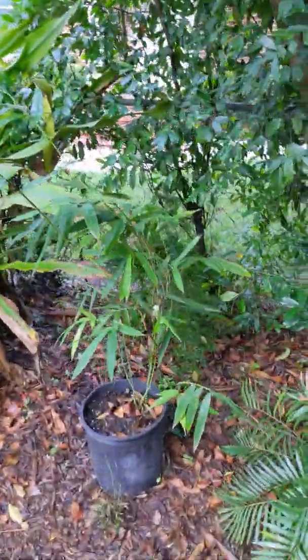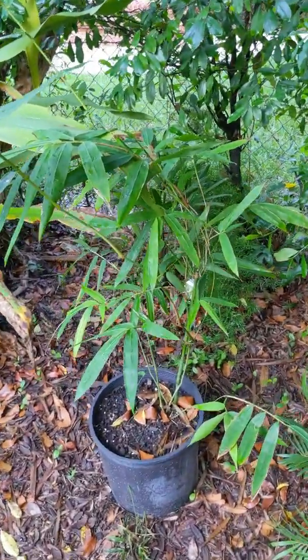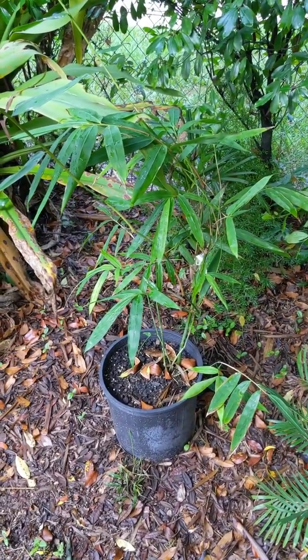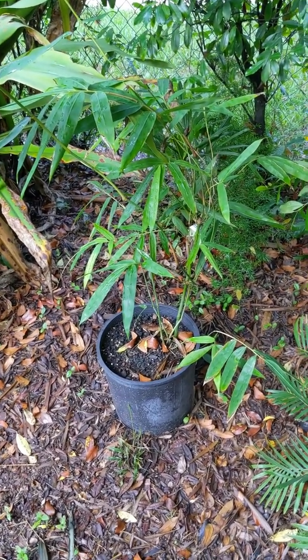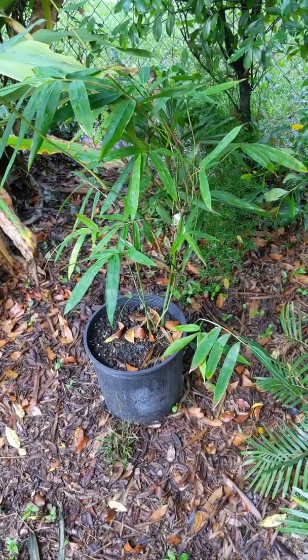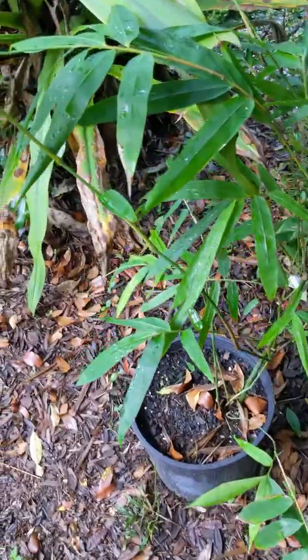Here's another new one I just got from Tropical Bamboo down in South Florida, and this is actually a triple hybrid. When I first saw this on one of the Facebook groups, I was like, no way, you'd have to have a hybrid of a hybrid, and you'd have to have multiple bamboos seeding at the same time. I called BS on it at first, but once I researched it, these were actually done in a lab with some forced